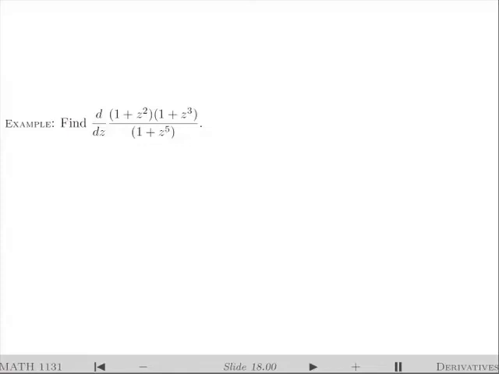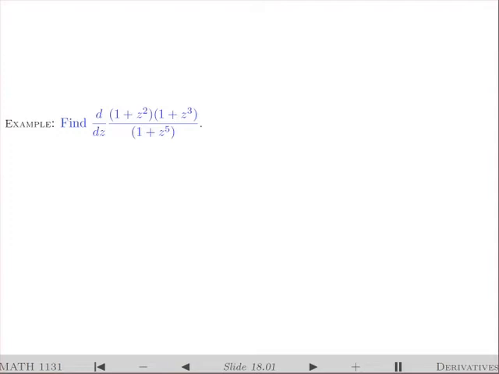Welcome. In this session, we'll look at another example illustrating the use of product and quotient rules, one in which I have to use both. I have a problem where I have to differentiate a fraction where the numerator is a product. Of course, I can multiply out the numerator, but we will leave it in that form, just use the product